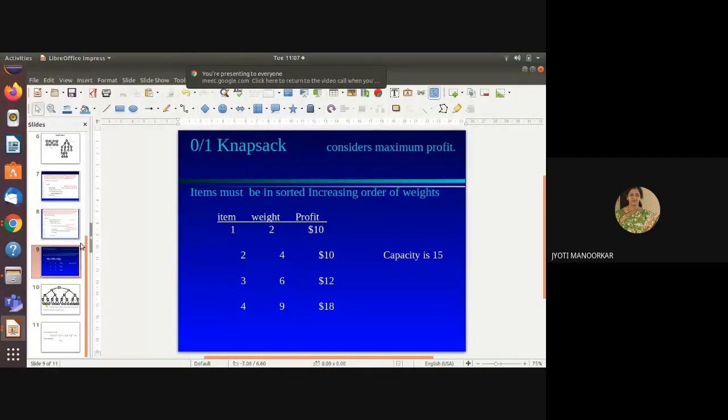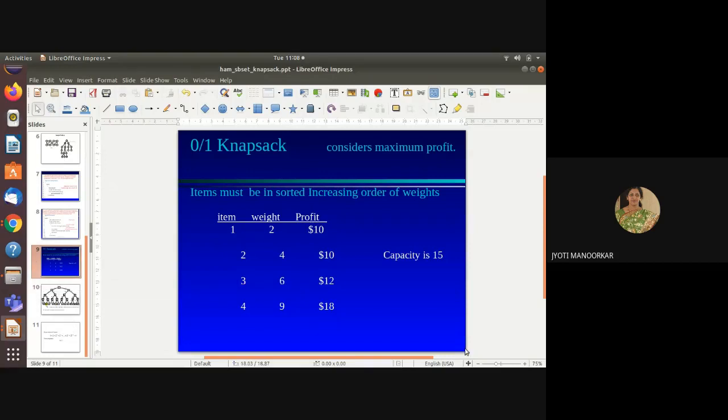Okay, so today we will start the next numerical, that is solving the 0/1 knapsack problem with the help of backtracking. We will see how, when the number of atoms is given, and its related weights and profits are given, to draw the state space tree to represent the solution.